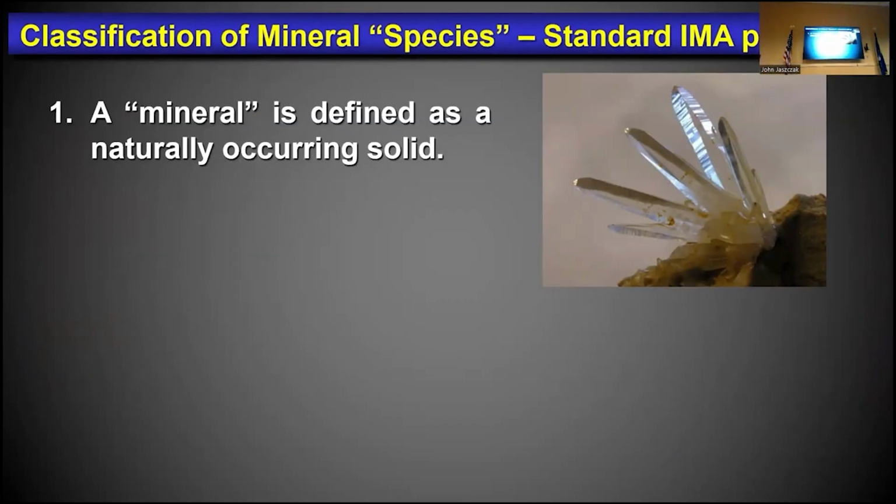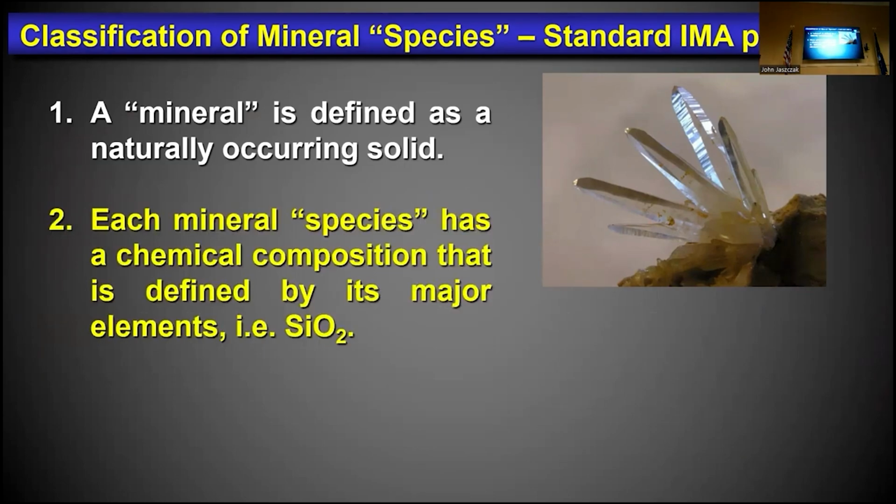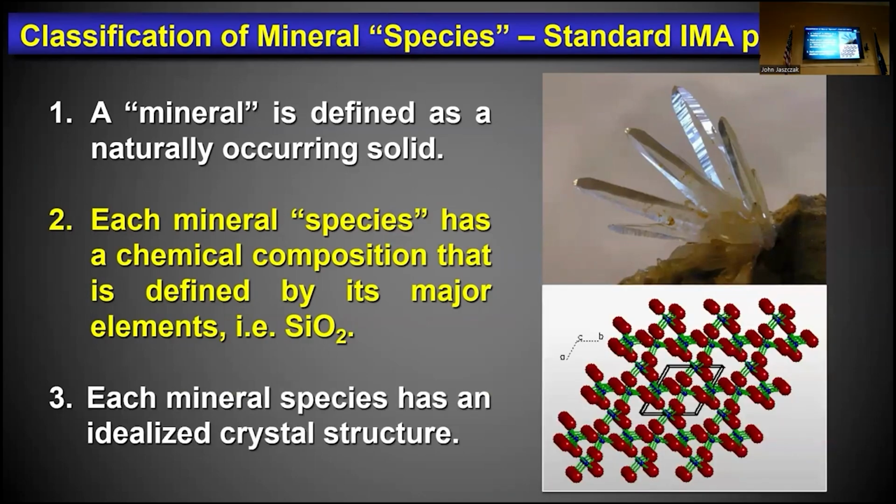And for some people, especially people in the biological sciences, that's a very odd concept, a species of mineral, but it has a very formal definition by the International Mineralogical Association. Every mineral has to be a naturally occurring solid. It has an idealized chemical composition like SiO2 for quartz. It also has an idealized crystal structure like the quartz structure. Every combination of chemistry and structure that's unique is a mineral species. There are about 6,000, I think as of this morning was 6,034 approved species, and about 100 new ones every year. So this is still a very dynamic, active field.